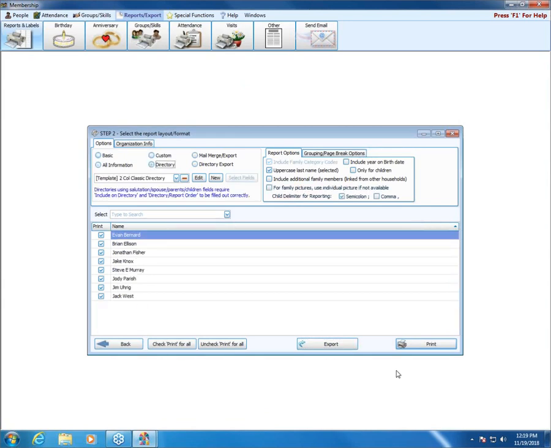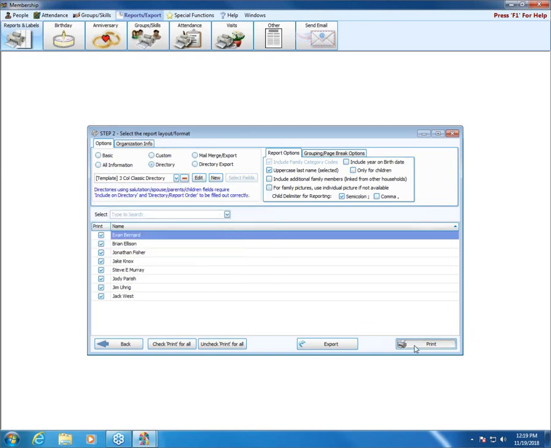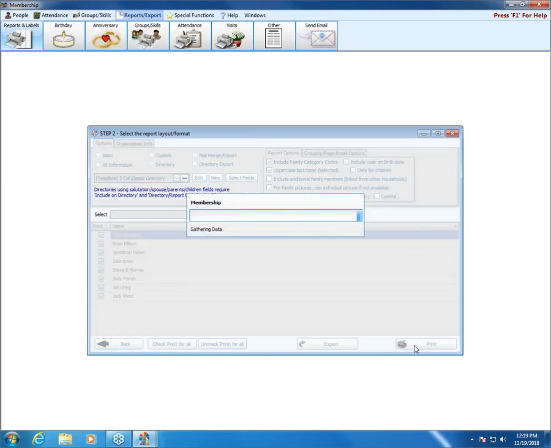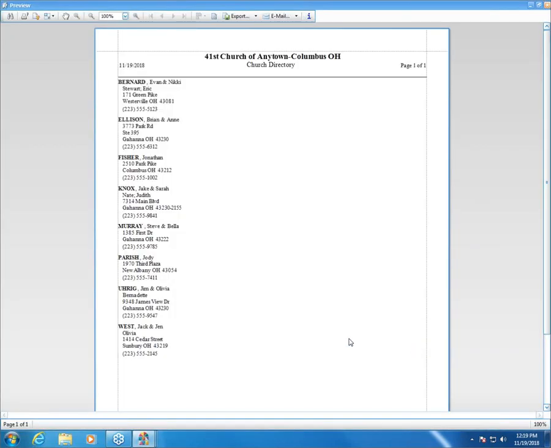Custom and directory, let me just show you directory real quick. We have several formats, so I can't go through and show you all of these today. The most common is the 3-column classic directory. And it's just a 3-column directory with the name of the family members I've indicated I want in the directory, their address, and